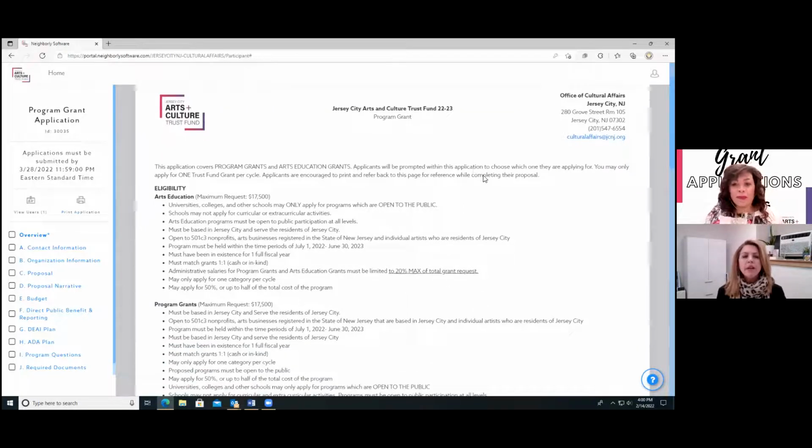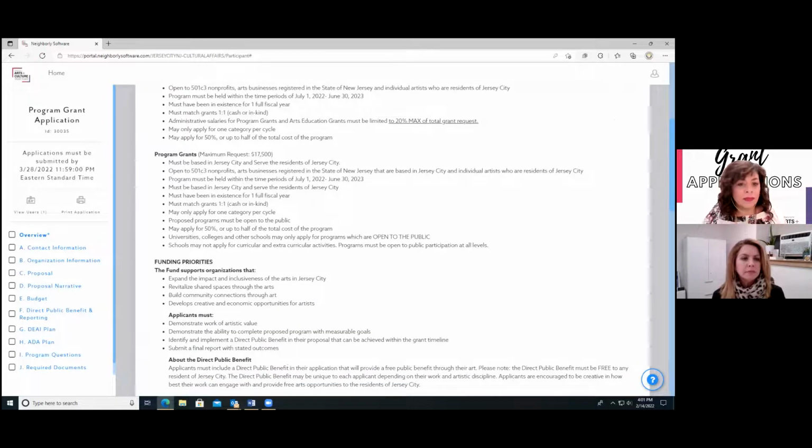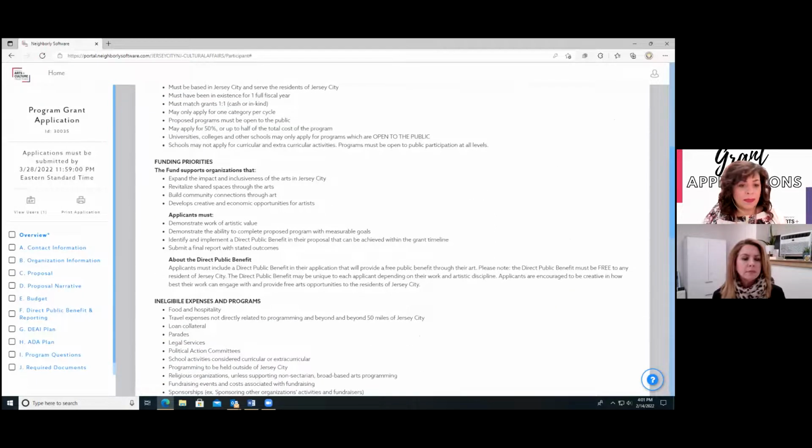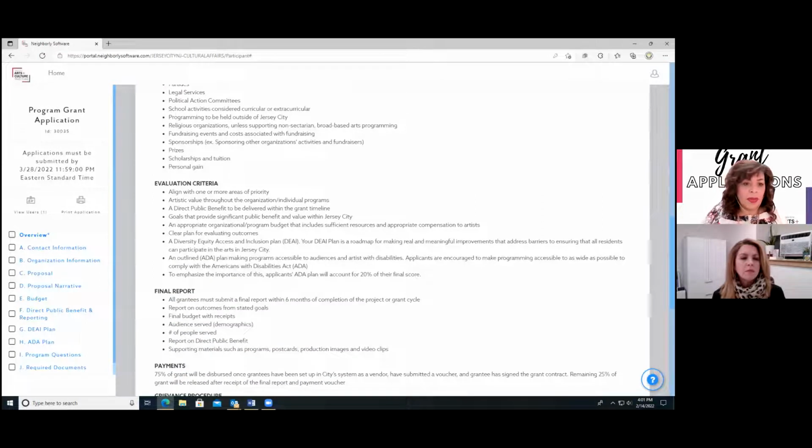So because this application refers to arts education and program grants, you'll see both of the eligibility requirements outlined here. The maximum grant request for either of these programs is $17,500. Okay, here we have the evaluation criteria